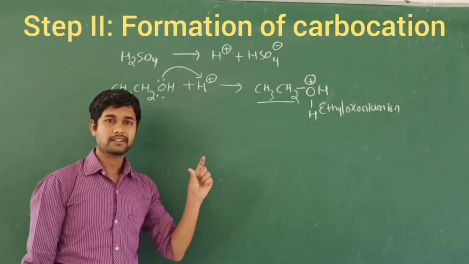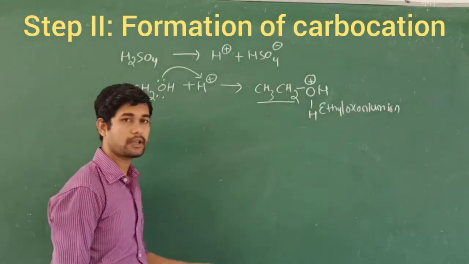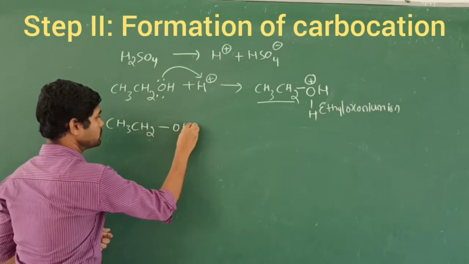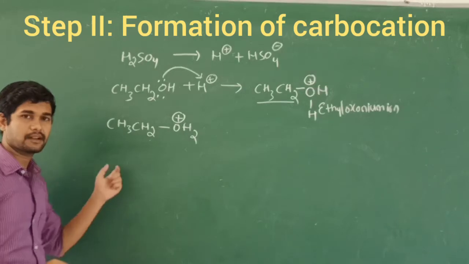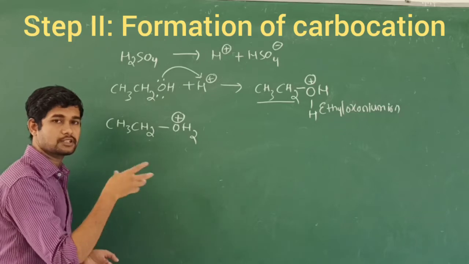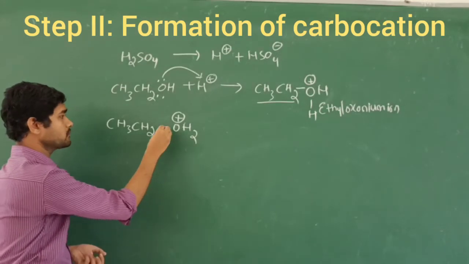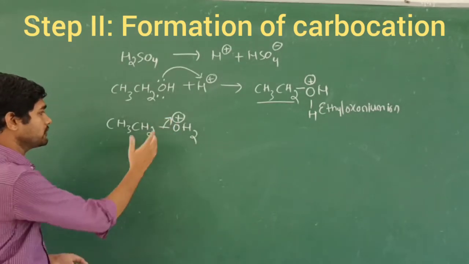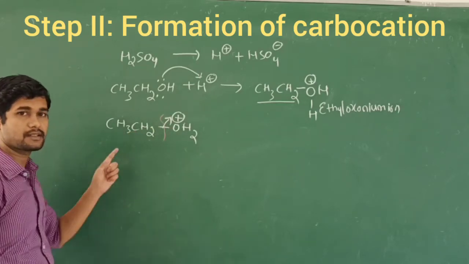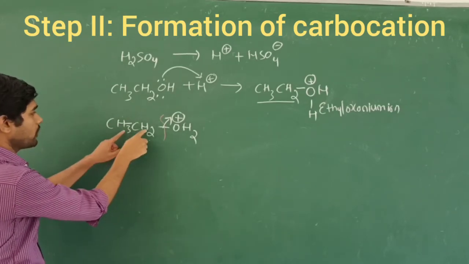Let's discuss the second step, generation of the carbocation. We are going to use the product, the ethyl oxonium ion. Here, in the generation of the carbocation, this ethyl oxonium ion loses the stable water molecule, H2O. It is a stable compound. So in order to get this, it loses the water molecule. When the cleavage of the carbon and oxygen bond takes place, the carbon gets the positive charge because it is a tetravalent carbon, right? So there is one bond with the methyl group and 2 hydrogens,